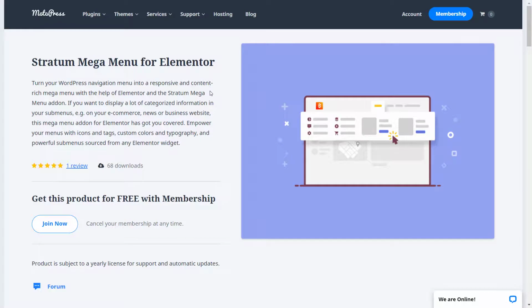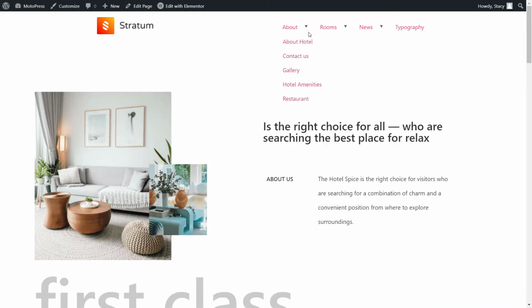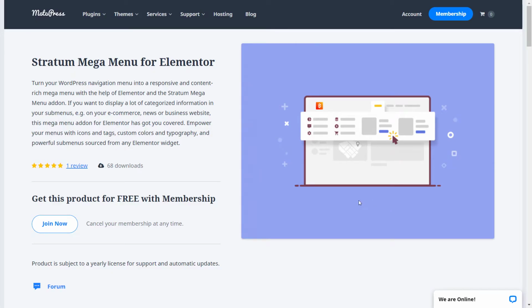The default WordPress navigation menu is styled by your theme. It limits what kind of content you can add to this part of your website, and you have very little control over how it looks, if at all. The purpose of the Mega Menu plugin is to give you more freedom as to what your menu can contain and how it can look. It lets you design a responsive menu visually using Elementor widgets and styling capabilities.